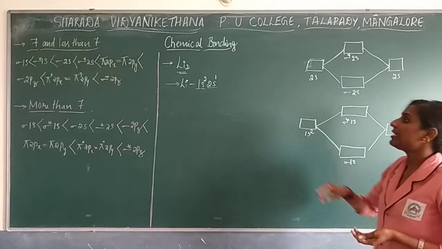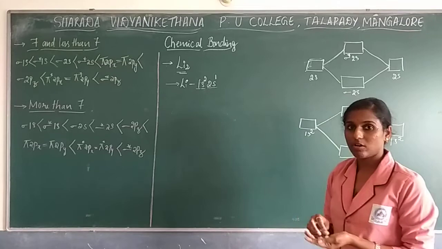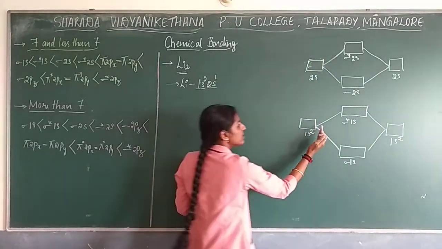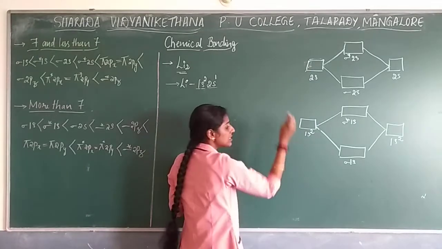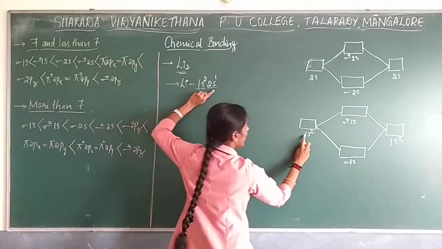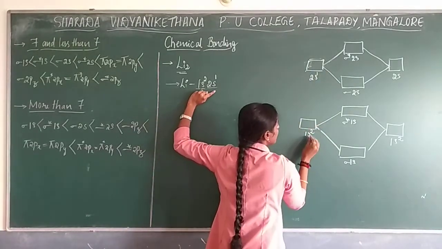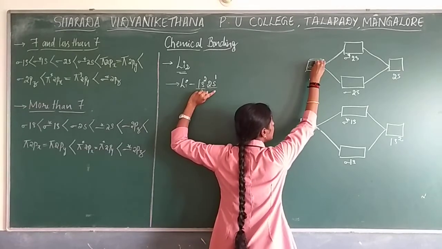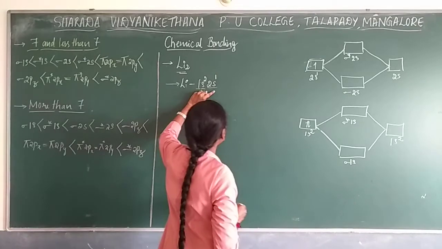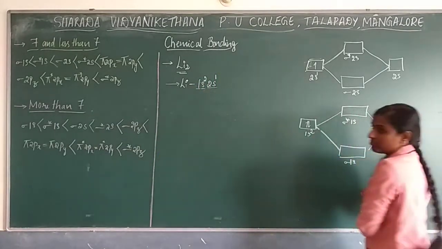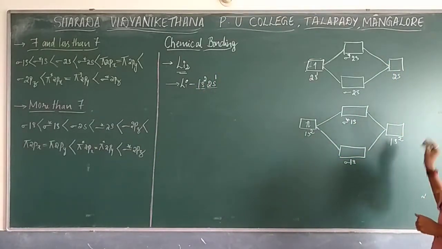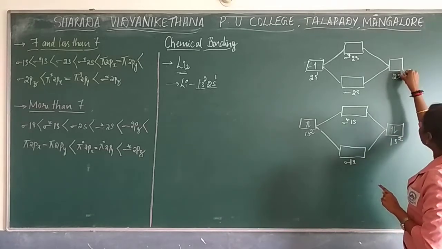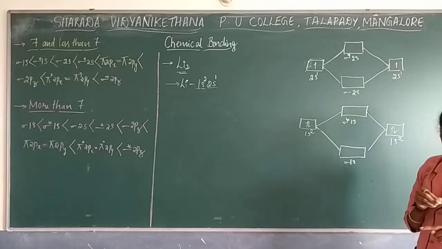Now you need to write the electronic configuration. Fill first. So first take one of the lithium atoms, which has electronic configuration 1s2, 2s1. So fill the electrons: 1s2 means 2 electrons, 2s1 means 1 electron. In the same way for the other lithium atom, which has configuration 1s2 and 2s1. Fill with the electrons.